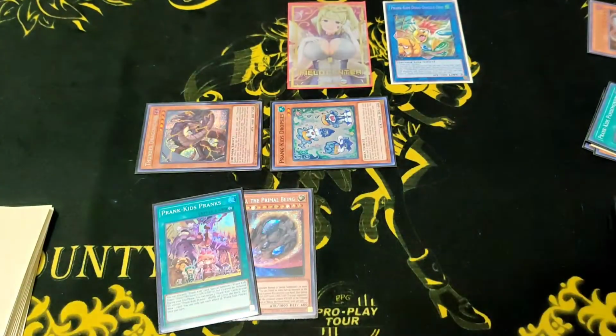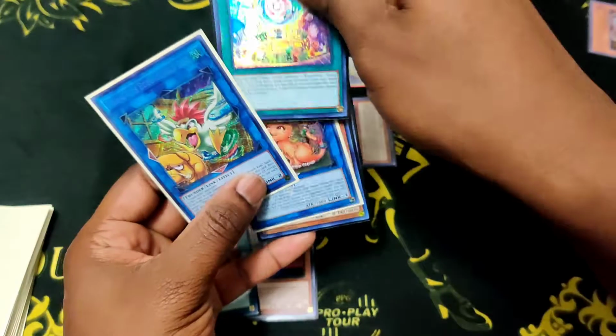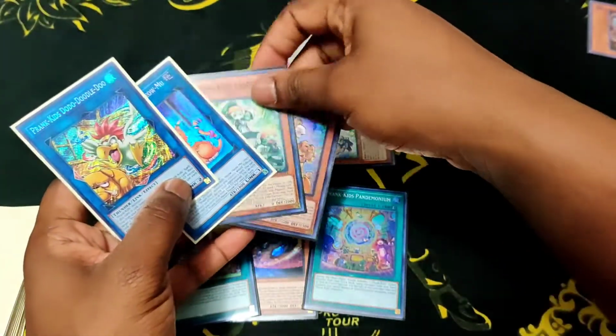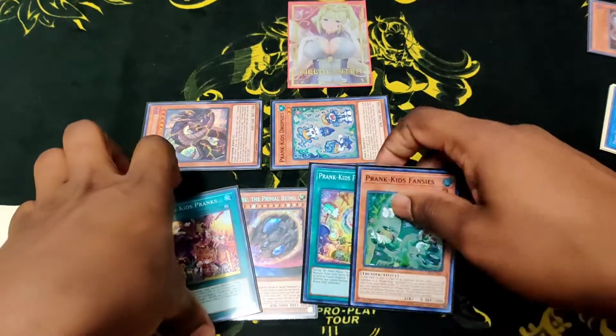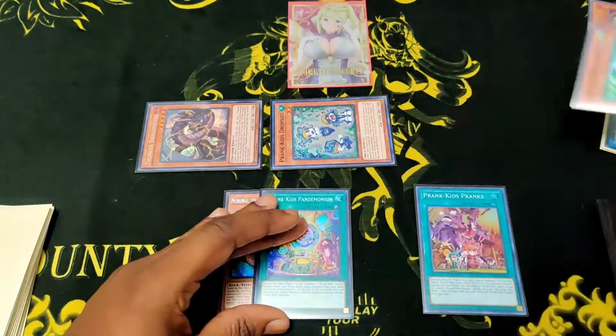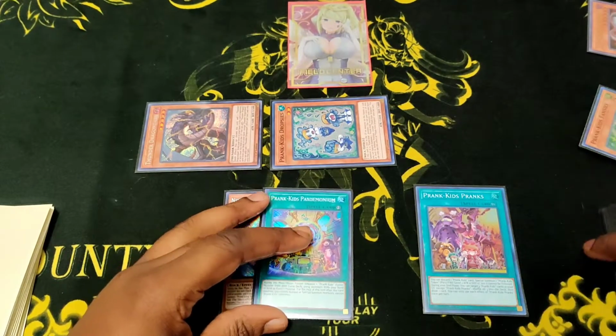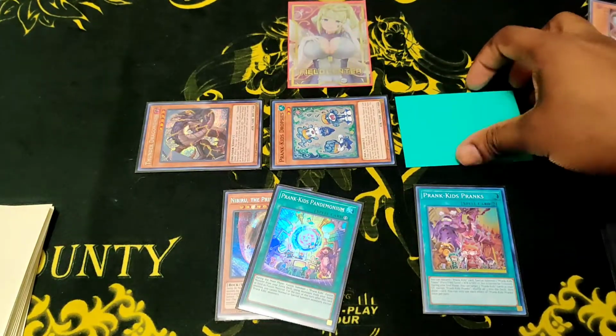That's fine. So, you could do a couple things here. But you still need to get Pandemonium into your hand, so let's prioritize that first. Get Pandemonium into your hand, and any of the other Prank Kids main deck monsters to your hand, because you're going to need to discard it for Pranks. So you're going to activate the Pranks,